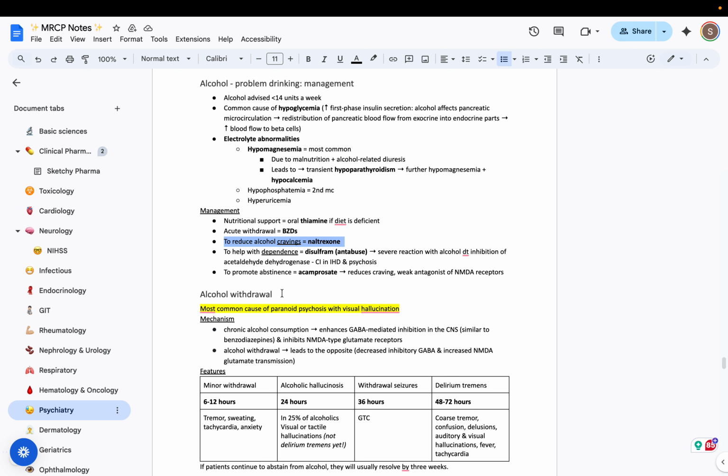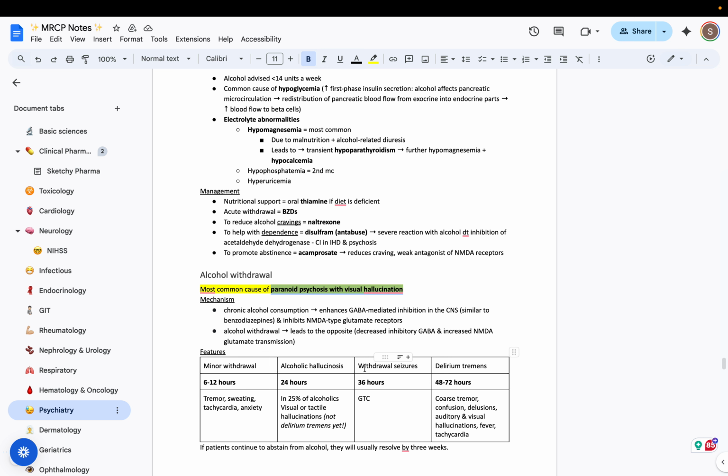Okay. The most common cause of paranoid psychosis with visual hallucination is alcohol withdrawal. When the person consumes alcohol chronically, this enhances the GABA-mediated inhibition in the CNS, similar to benzodiazepines, and inhibits the NMDA glutamate receptors. So when you withdraw alcohol, there would be decreased inhibitory GABA and increased NMDA glutamate transmission. So they would have